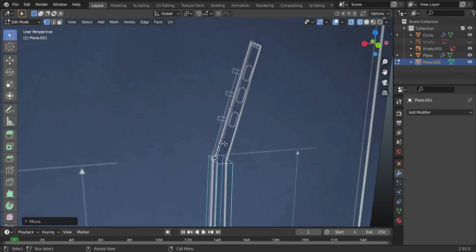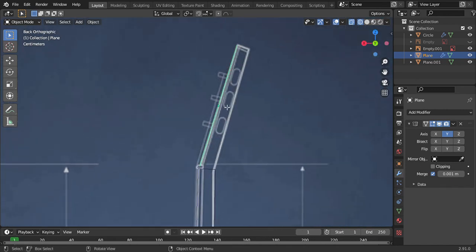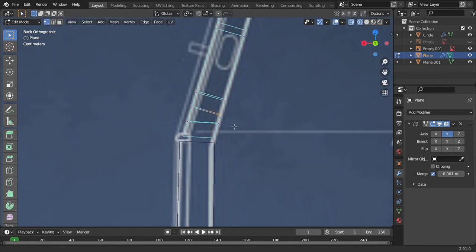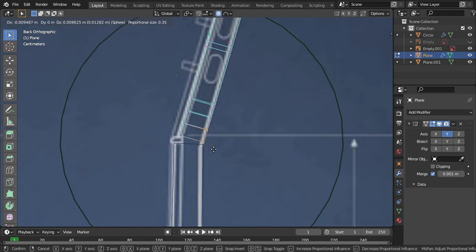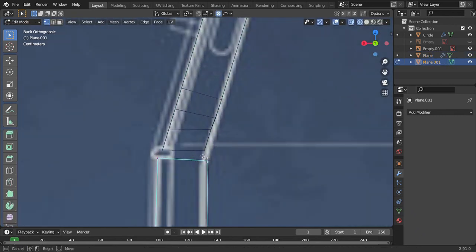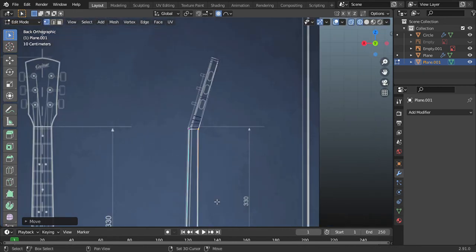Now the similar will be done to this. Now if you notice that